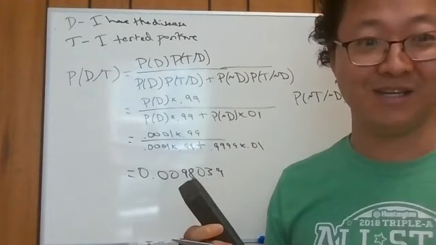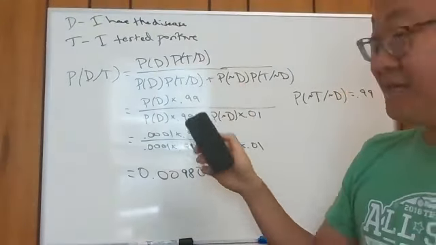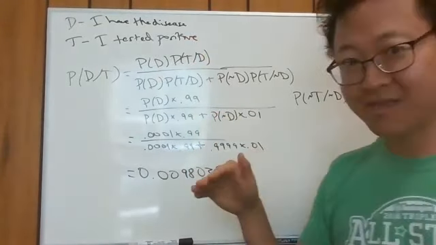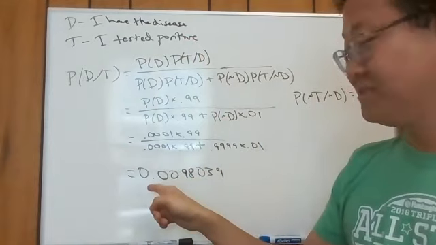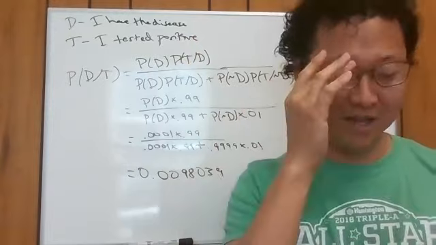It might have been hard to figure this out, so you have to think through it carefully, exactly what's different if you're testing a separate time. Well, we can keep the variables the same. Let D be I have the disease, T be I tested positive. We're going to use the same Bayes' theorem, and here's how we calculated it last time. And we ended with your probability of having the disease after you tested positive, given that information from that problem,